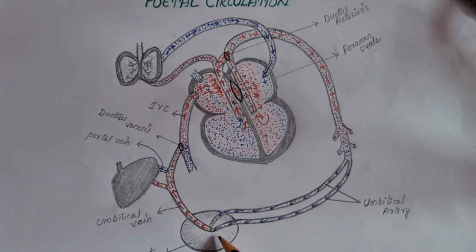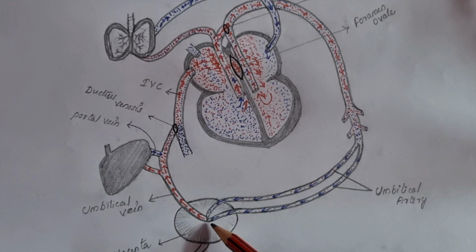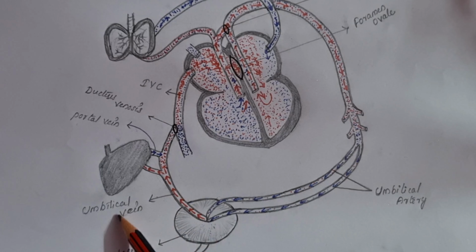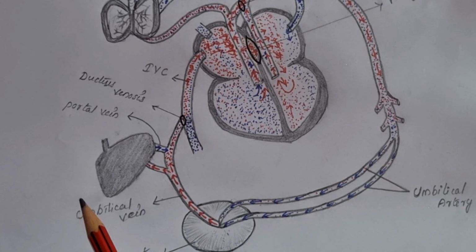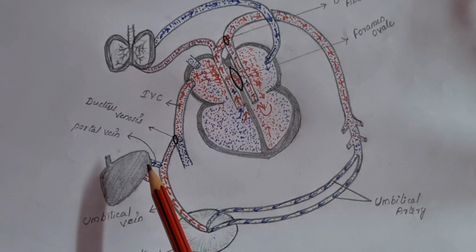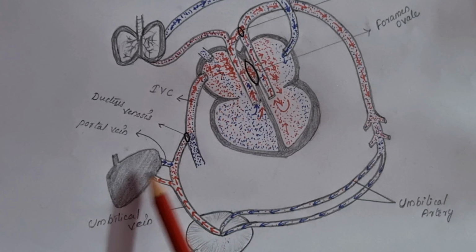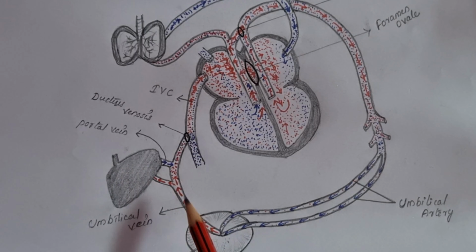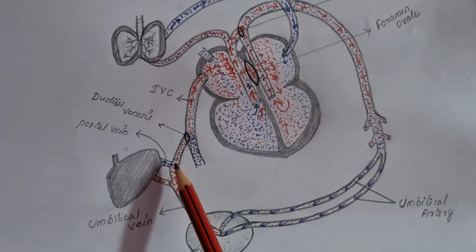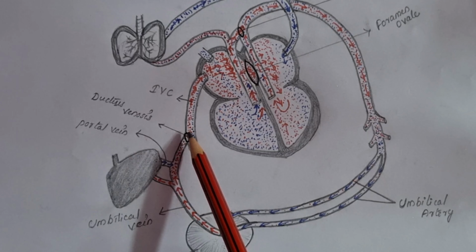This is the placenta. From the mother's body through the placenta, 80% oxygenated blood enters into the fetus's body through the umbilical vein. We have one umbilical vein here. The umbilical vein enters into the liver and supplies a small amount of blood to the liver and collects some amount of deoxygenated blood from the portal vein. Now it is mixed with some amount of deoxygenated blood here, and also it enters into the inferior vena cava